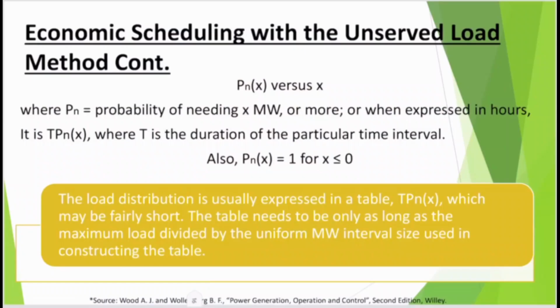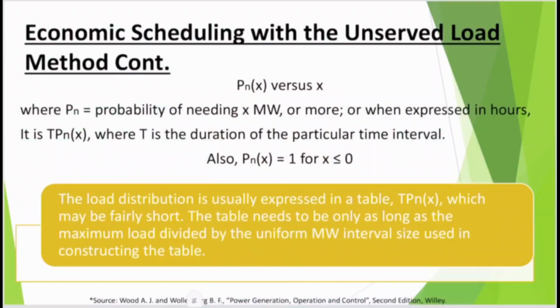And also there is another term known as TPNX, where T is the duration of the particular time interval. The PNX, the probability, is equal to 1 for any X less than or equal to 0. The load distribution is usually expressed in a table where TPNX is available to me, which may be fairly short. The table needs to be only as long as the maximum load divided by the uniform megawatt interval size used